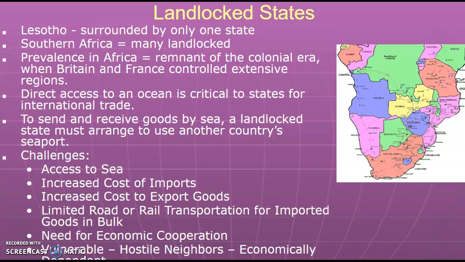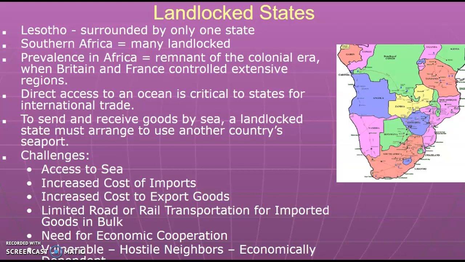And so to exist in a global marketplace today, which is what we have, countries like Botswana or Zambia may have mineral resources or oil resources that they want to ship out and sell to the rest of the world, but they don't have access to a seaport at all. So they would have to make an arrangement with one of the surrounding countries that are on the seaport to use their seaport. And this becomes very challenging because they don't have any access to the sea,